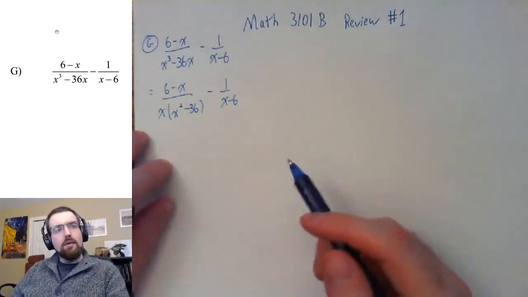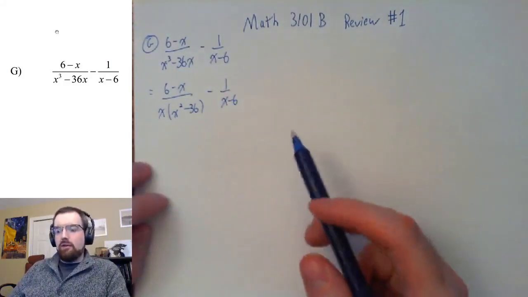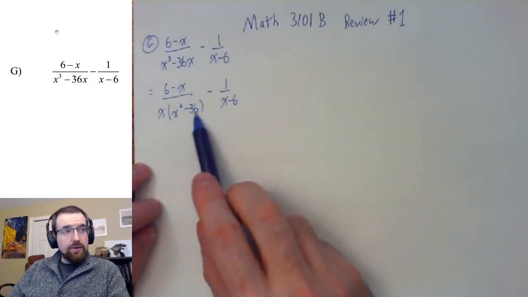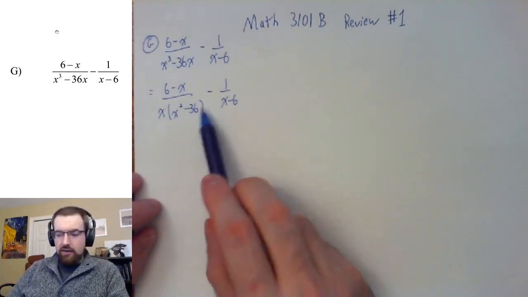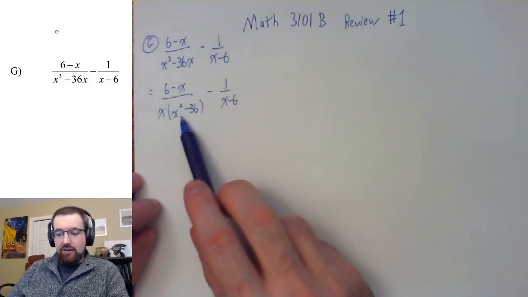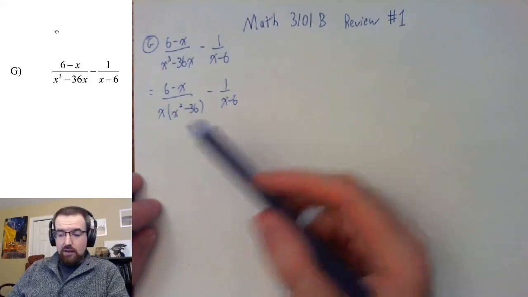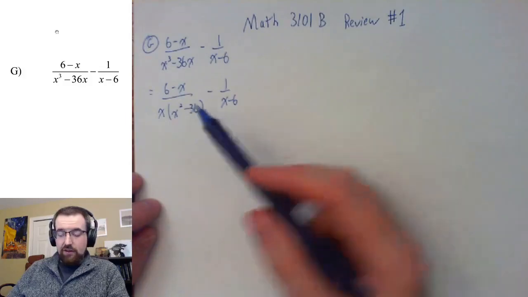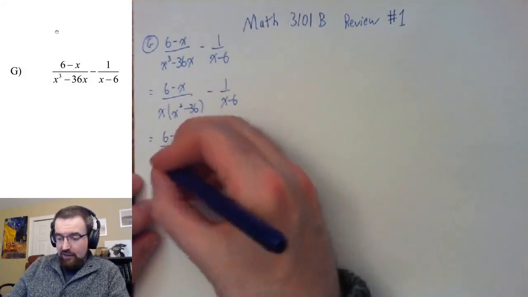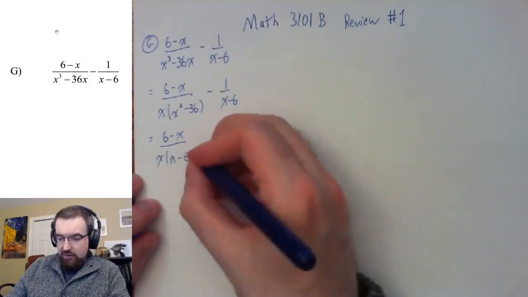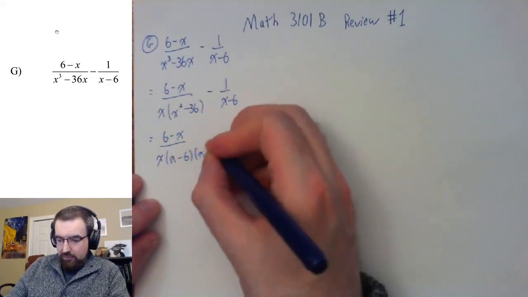But now I can notice something, right? Because now over here, we've got what we call the difference of two squares. This is x squared, this is 6 squared, and there it is a difference because they're subtracted. So now what I can do is factor this one really quickly. We can now call this (6 - x) over x(x - 6)(x + 6),